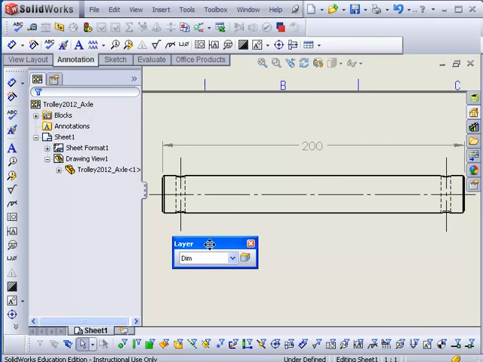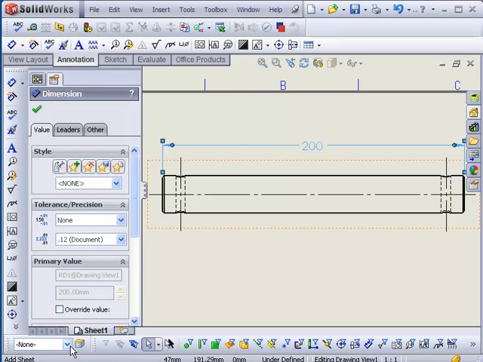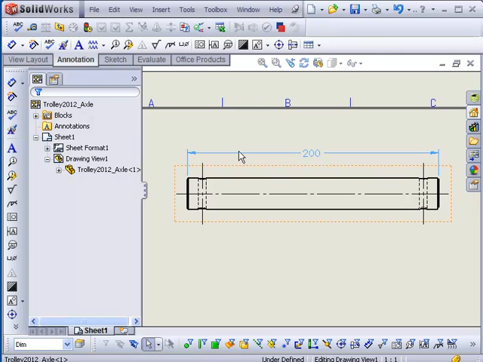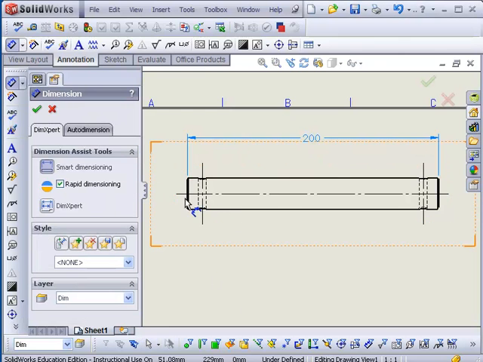I'm going to drop that toolbar down where it normally lives, which is right here. The dimension layer is current. If I pick a dimension, go over and then pick the dimension layer, which happened off the screen, you can see my dimension just turned blue now. Now this actually is going to be out here because we also need to have a dimension from the end of the part